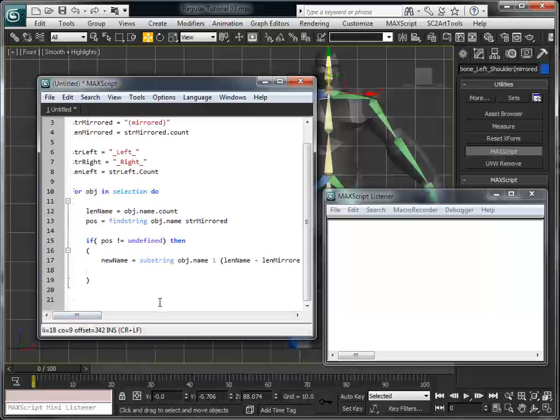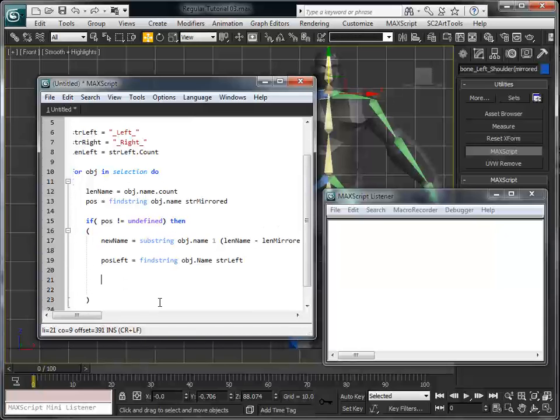Then position of the left word equals find string object dot name, and we're going to have to find the left. All right, so if our position left again is different from undefined, then